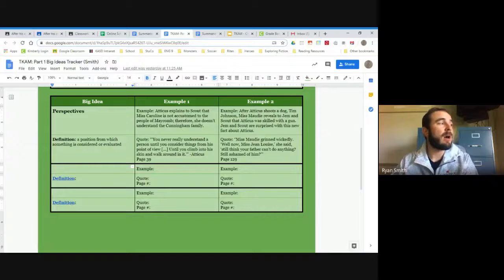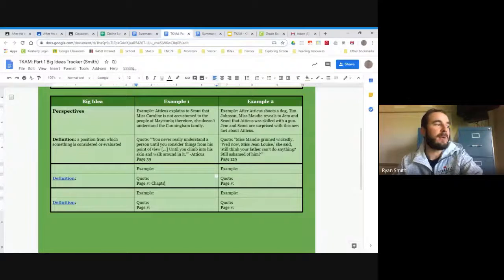Instead of finding the quote here, all I would have to put, instead of the page number 2, because then at that point you might as well put the quote, is chapter 3. And if I decide that's an example I want, then near the end, we can go back and find that. But we don't have to find all of them. So where it says quote and page number, all you would have to write is the chapter, or whatever, wherever yours are. That way you could narrow it down, right? That's all you need to do for that bottom part.